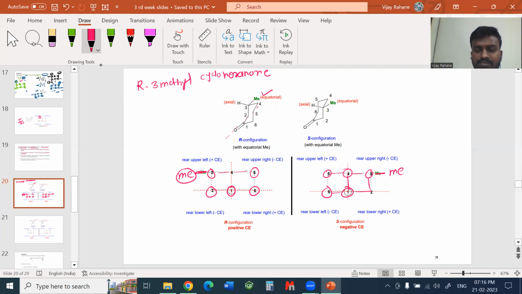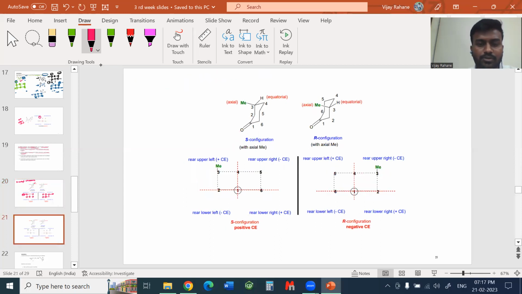These are the same example. You just need to figure out the structure and just draw the octant projection. As we have already seen a lot of examples on this octant projection, I will not spend more time on this one. So you can see in both of these, the methyl is in the equatorial position, right? And for the second molecule also, similarly, if you draw the structures,